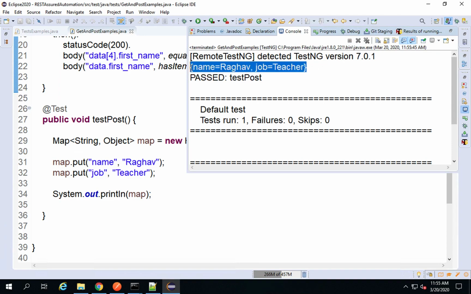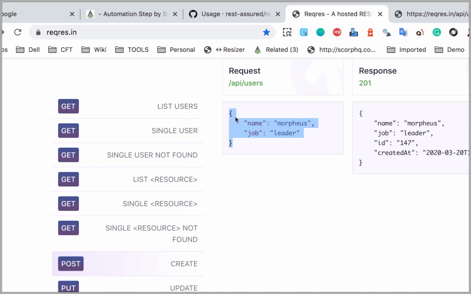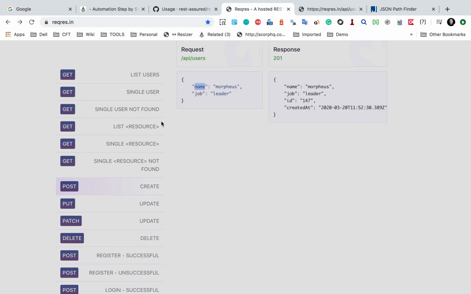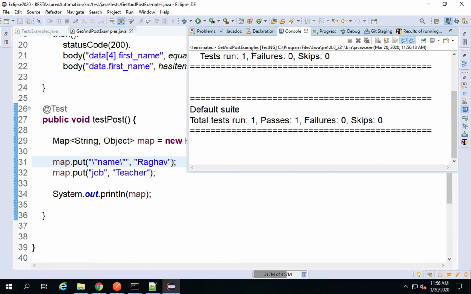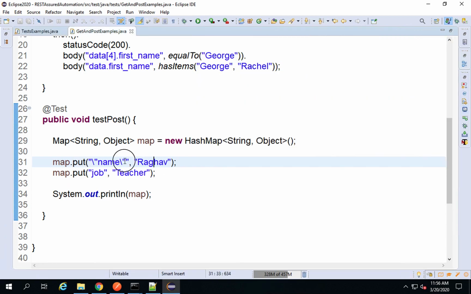Now if you see, this is not actually a JSON request. So the JSON request should be something like this, where we have these curly brackets and then all this is within double quotes. So for that I can either give a double quote by using an escape character, which is a backslash, and can say something like this. And if I do this and run it again, you will see the name is within quotes. So you can see the name has come under quotes, and I can similarly make changes everywhere, but